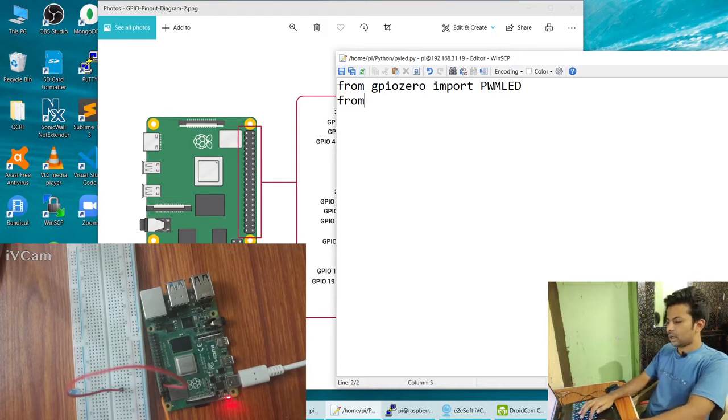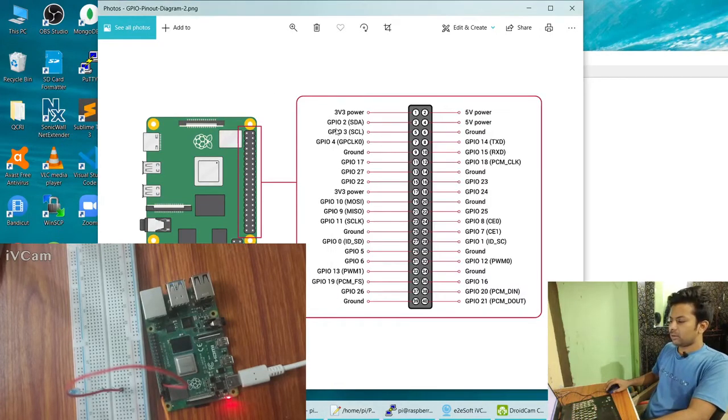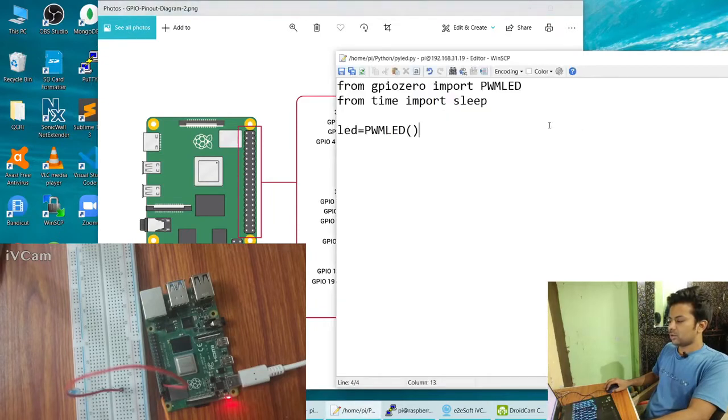Now from time import sleep. What sleep does is stop your program for a second. Then we'll say LED equals PWMLED, and our pin is the one we have plugged in, pin 17, GPIO 17. So we'll write 17 and we'll say while True,